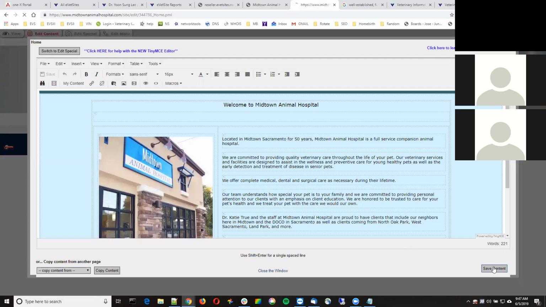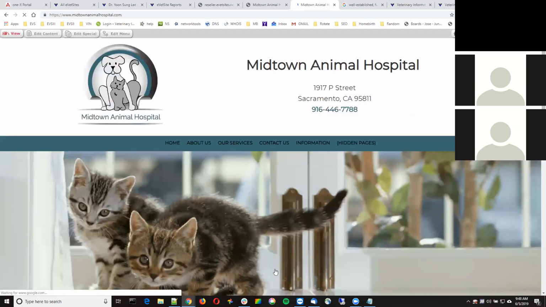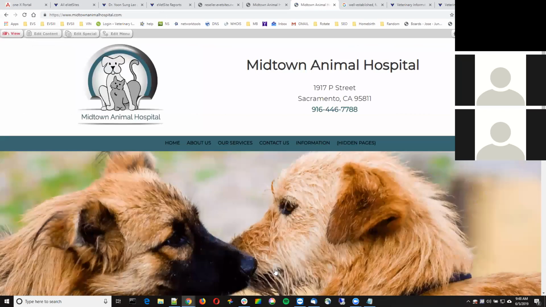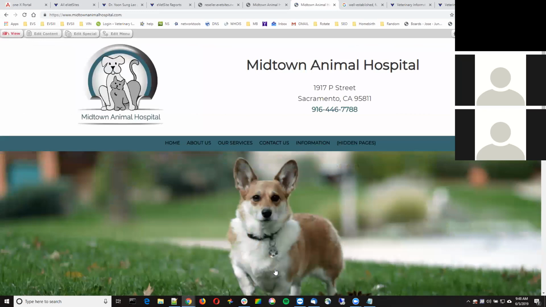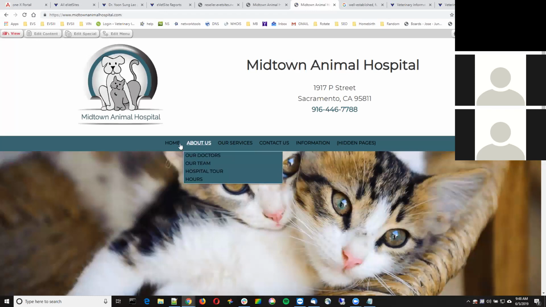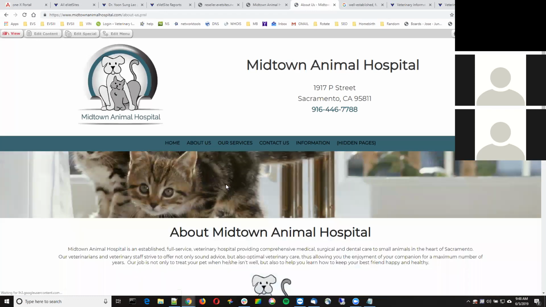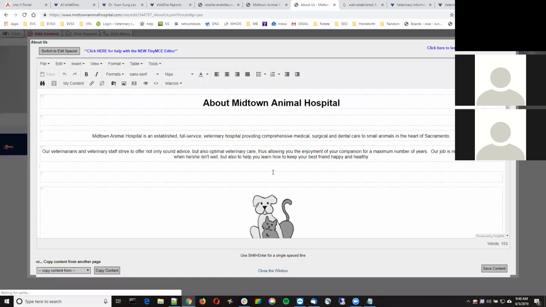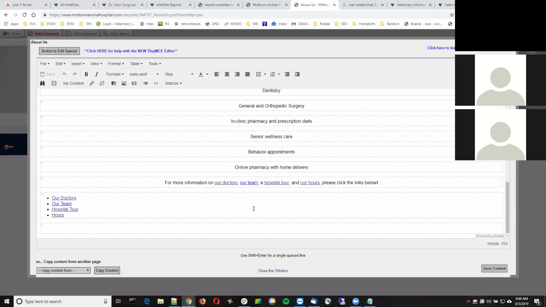Edit content is definitely the most used because this is the one where you're going to change the actual text. If you've got maybe a page that we've copied the content from another website, we've transferred it over, and it's an existing site, edit content is probably the thing you're going to be using the most, because this is where you can actually just change the actual text on the pages. So you can add links, you can format text, do all that sort of business,